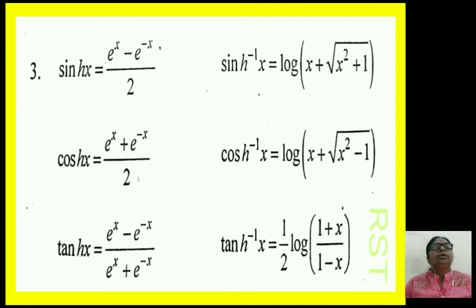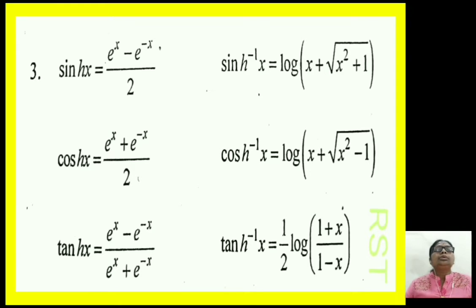Also consider the results. Sin hyperbolic x, you know that sin hyperbolic x equal to (e raised to x minus e raised to minus x) upon 2. Also sin hyperbolic inverse x equal to log of (x plus square root of x square plus 1). Similarly, you know that cos hyperbolic x equal to (e raised to x plus e raised to minus x)